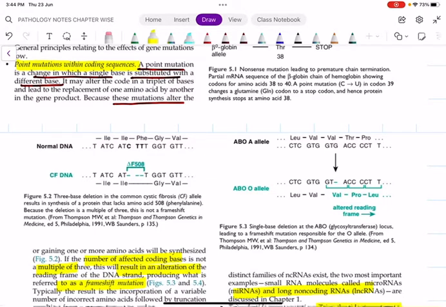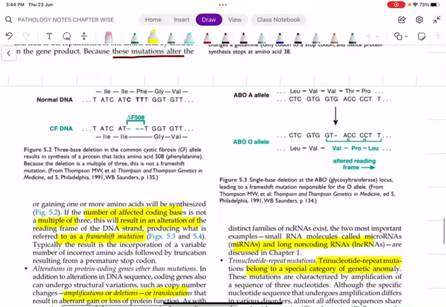At the same time, if the number of affected coding bases is not a multiple of 3, there will be a complete alteration of the reading frame of the DNA strand, and that is what we call a frame shift mutation. The best example we have is the 3 base deletion in the common cystic fibrosis gene. There will be a synthesis of a protein which lacks amino acid 508, that is phenylalanine. Remember here it is a multiple of 3, so cystic fibrosis is not an example of